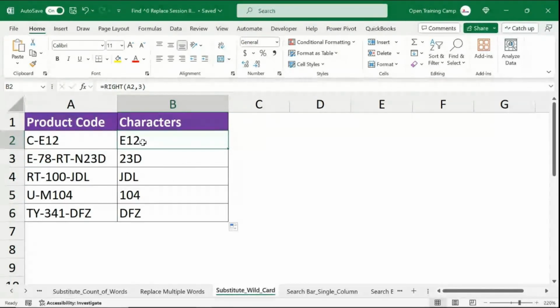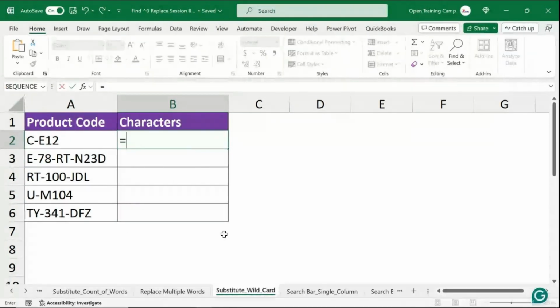Now we need to mix in the length, and the length is good at telling us the numbers. Let us restart this. I'll say right, and then I point over to the text that I'm interested in. Now I introduce my len function. The len function, we know why we're introducing it. It's just to tell us the total number of characters in this cell. That's why we are introducing it. So once it tells us the total characters that we have, then we shall subtract, we shall minus,